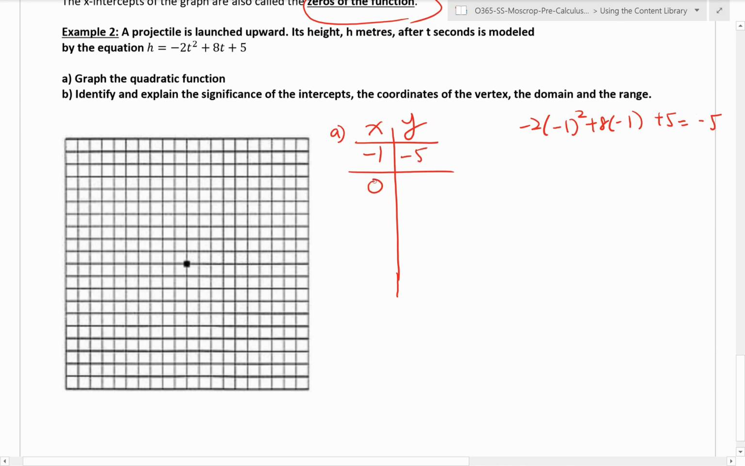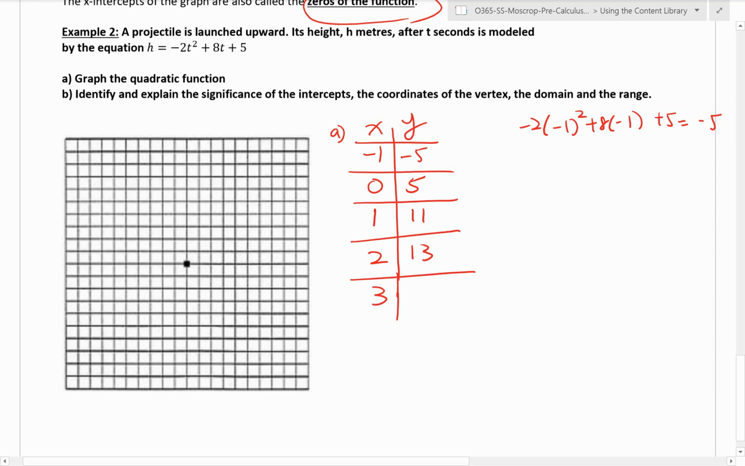Okay, and then I'm going to keep going with a 0. That is just going to be a 5, because you plug in 0 into t, that's a 0, so just 5. When I plug in 1 into t, let's see what I'm going to get. That's 11. I'll plug in 2, that's -8, -8 plus 16 is 8, 8 plus 5 is 13. I'll plug in 3,